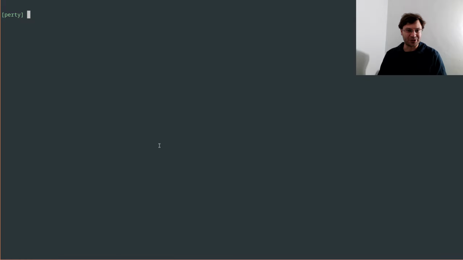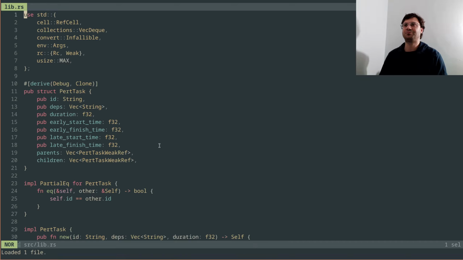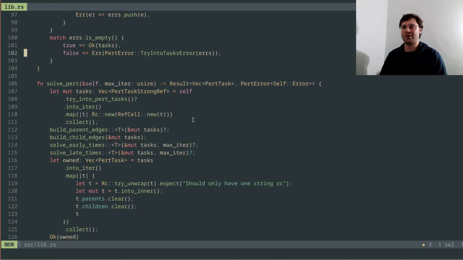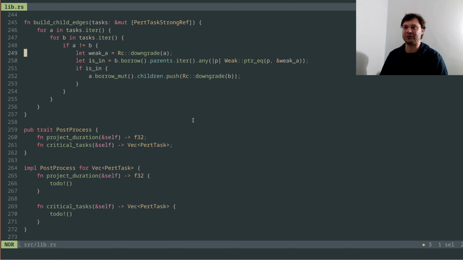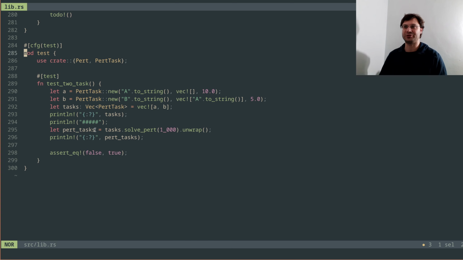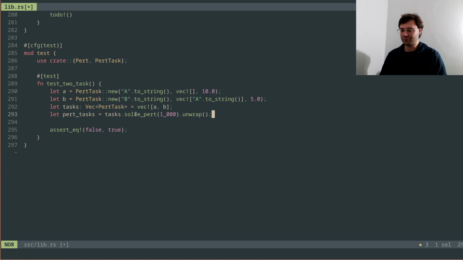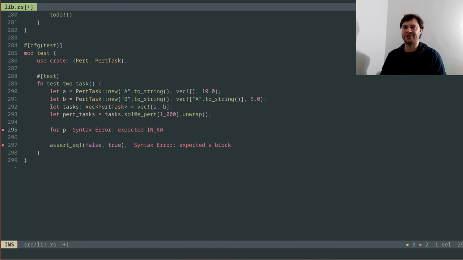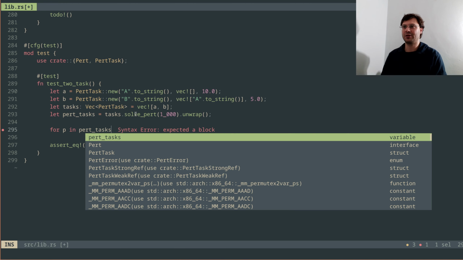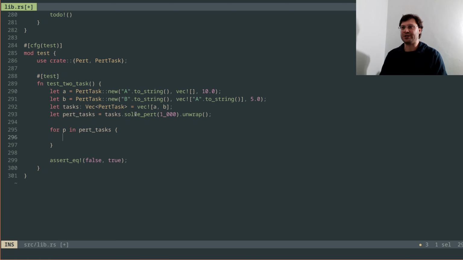I think the last thing I want to show in this demo is how we can do some analytics on there. So we're not even that far off. What we can first of all do, if we can just tidy these up, because we've got these PERT tasks, we can then do for P in PERT tasks,